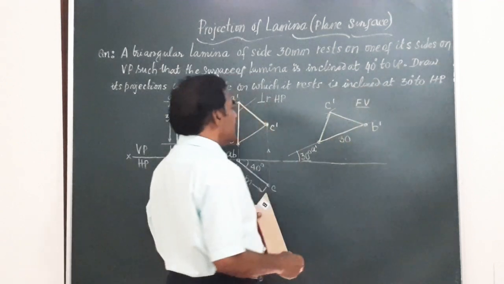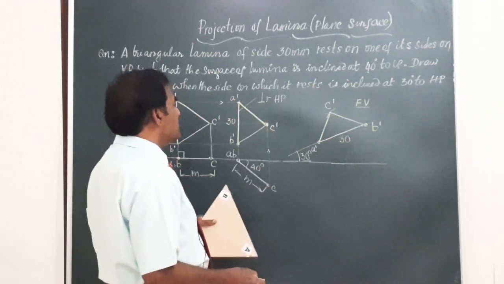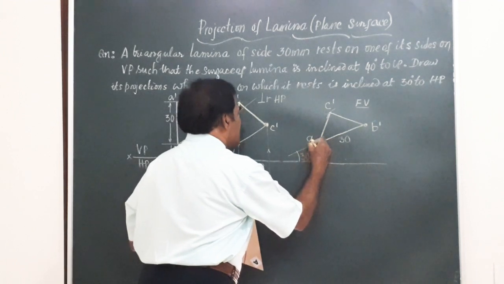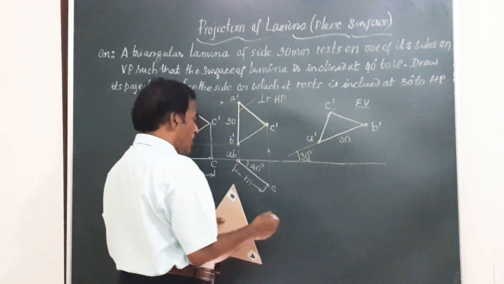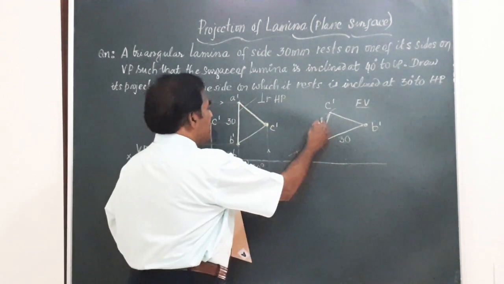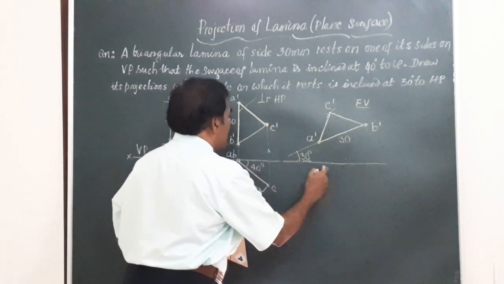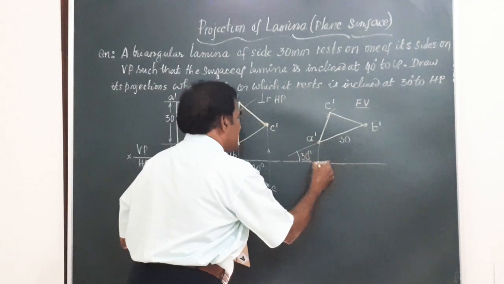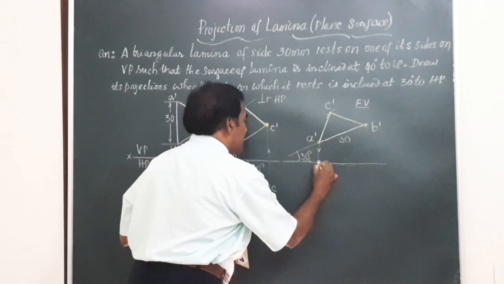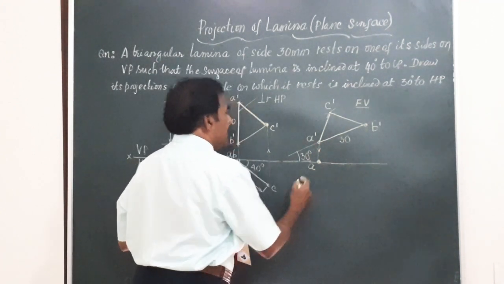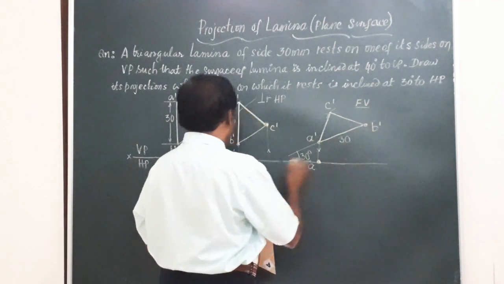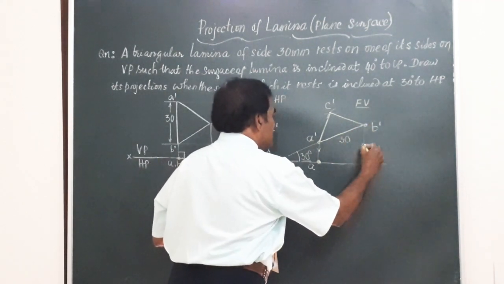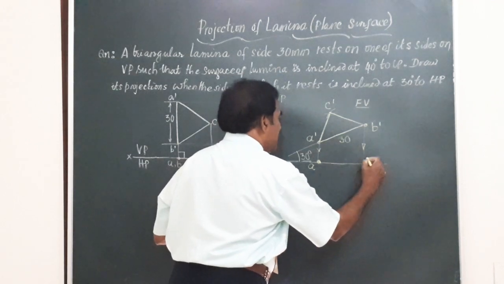And how to obtain the top view? Follow the simple procedure, go step by step, and here let us start the projection with this A dash. So how to get it? Draw a vertical line from A dash, a horizontal line from here. So you are going to get the point A here. This is point A. I will just mark it here, A. Similarly, vertical line from B, horizontal line from B. The point of intersection of these two is this point B.